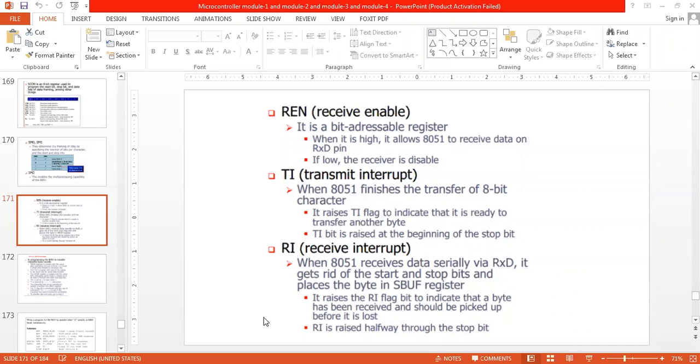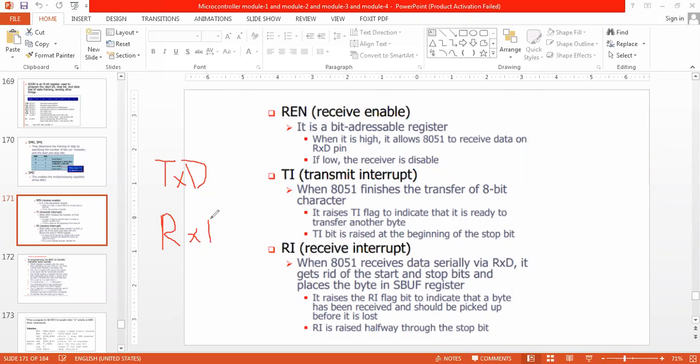Right. So what we have discussed is the transmission of data from the 8051 to external devices. That happens through TXD and RXD, pins number 11 and 12, I think. Everyone should be perfect with the pin diagram.